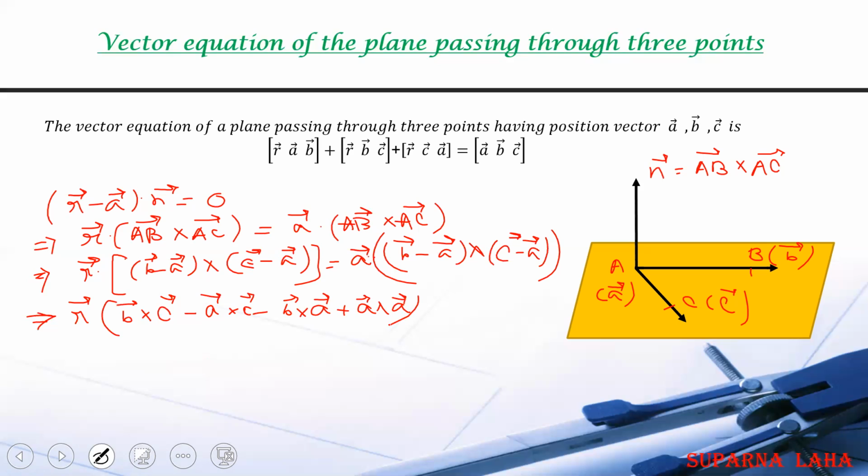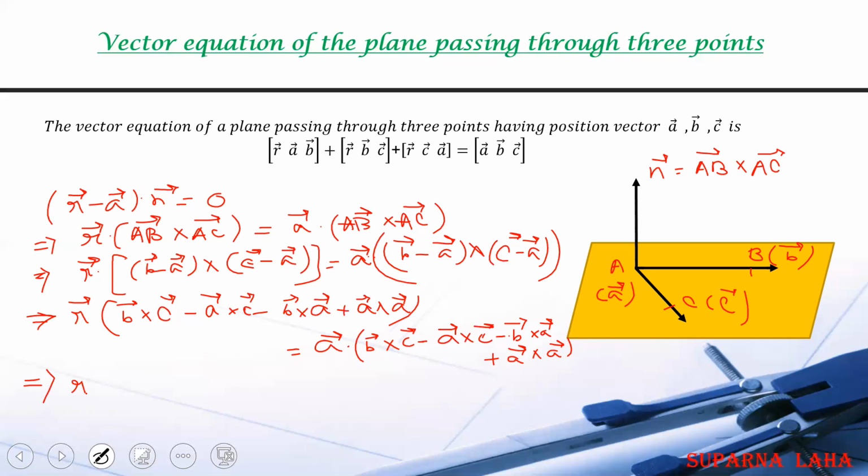So for this side also same, A vector dot B cross C minus A cross C minus B cross A, and then plus A cross A. Okay. Now